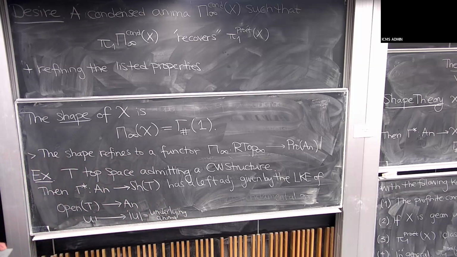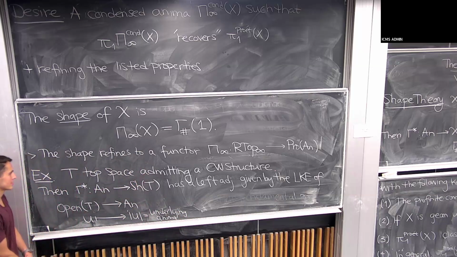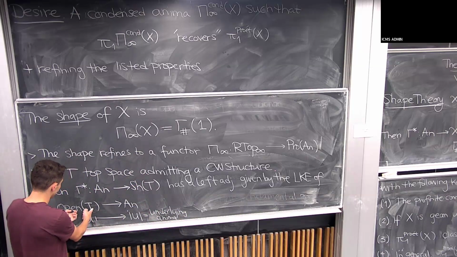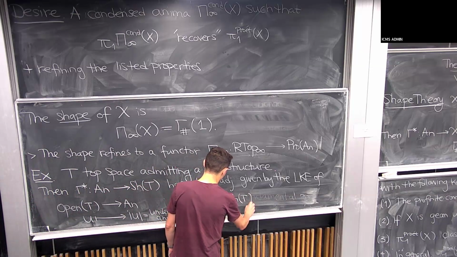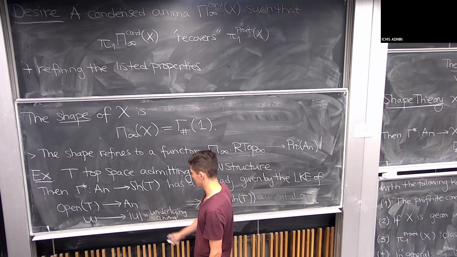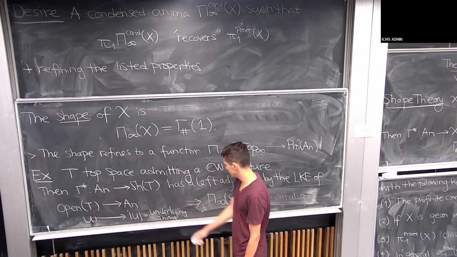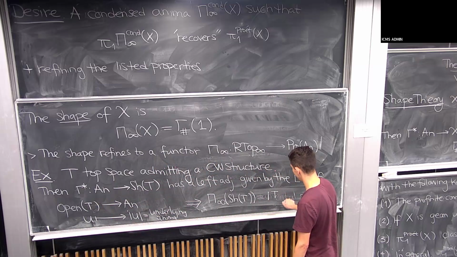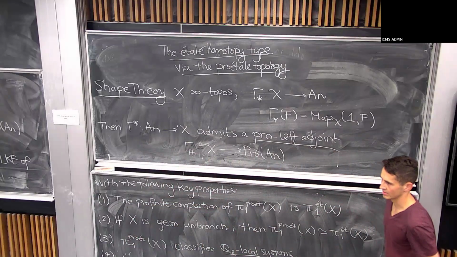So it turns out in this case, and basically you just need some local contractibility and to say something about hypercompleteness, this actually has a left adjoint. What that tells you is that if you compute the shape of sheaves on T, I should apply this left adjoint to the terminal object, but the terminal object is the sheaf represented by T. And this tells me what to do: I should take the underlying anima of T. And this is kind of the input for this monodromy theorem that Clark mentioned